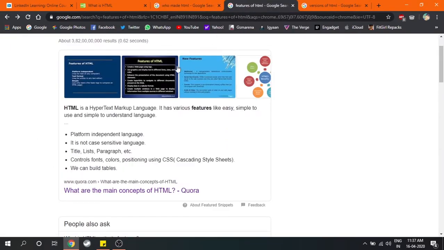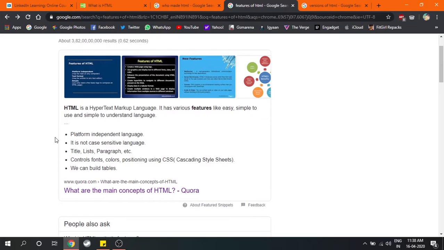So what are the features of HTML? Firstly, it is a markup language, so it means you can create your own tags, you can use the existing tags, etc. Main thing is it's platform independent, so it can be run on any operating system. Today's websites that you see on your mobile phone or your computer are running on HTML, which is why it is platform independent, because it is supported in every operating system. Then it is not case sensitive like your password on Facebook or Google. It is not case sensitive while typing the tags.